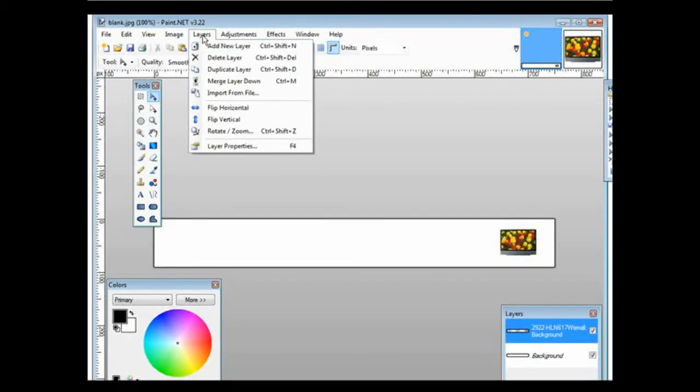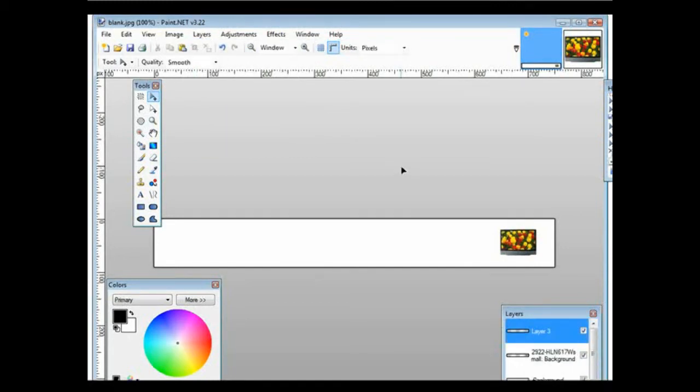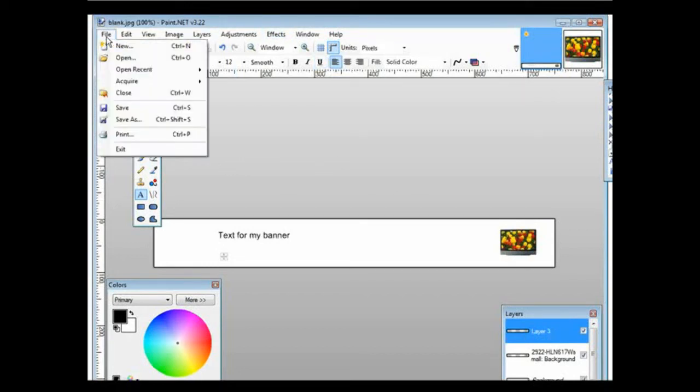Next thing you want to do is do Layer, Add New Layer, and then maybe you want to put some text on here. And we'll just put our text for my page or whatever you want on here, or you could create a graphical text. Okay, so there's your text. You put however much text on here you want. Then when you're all done, what you want to do